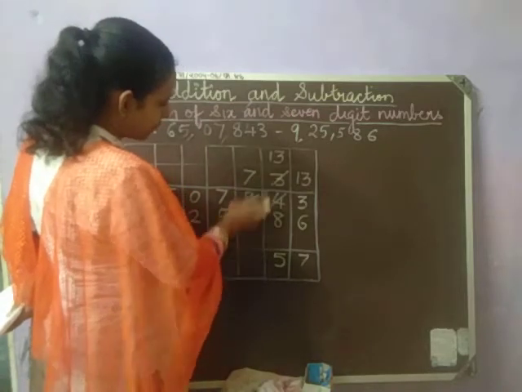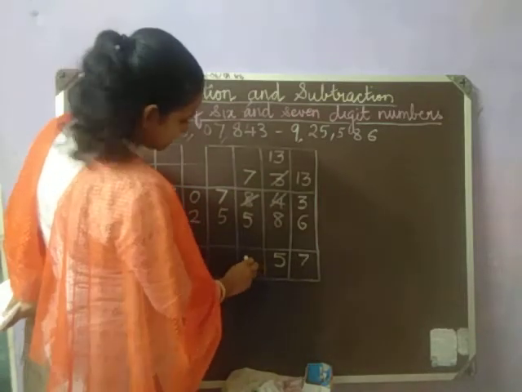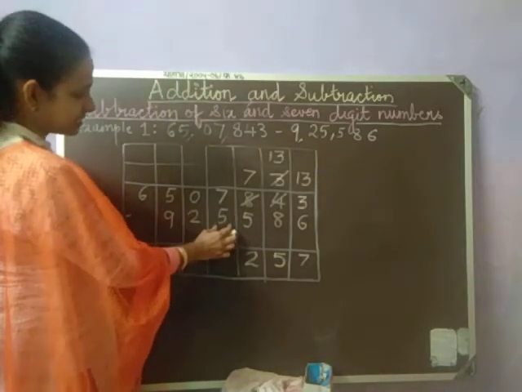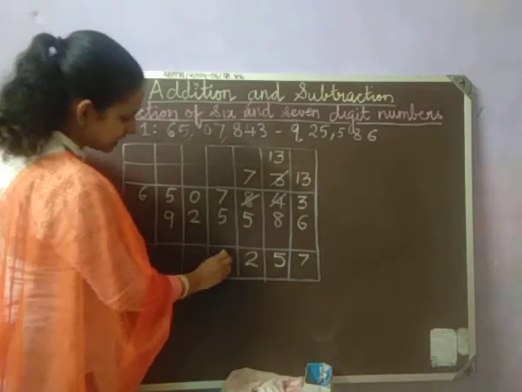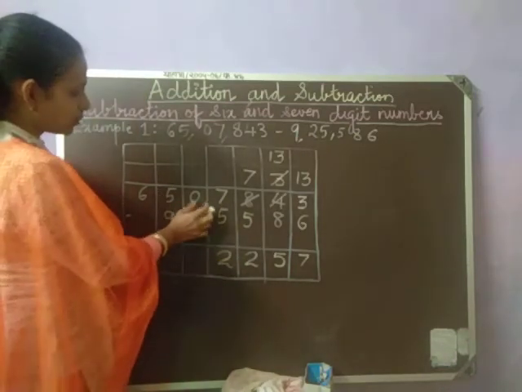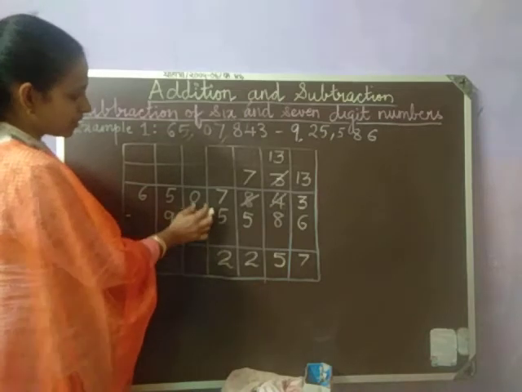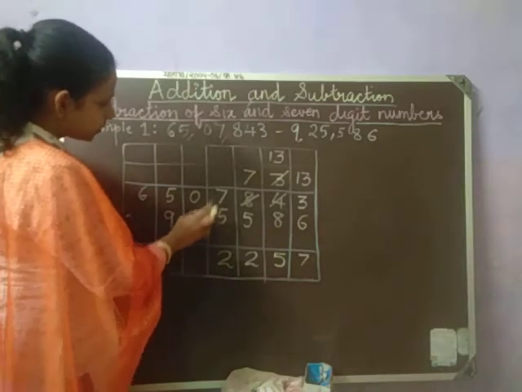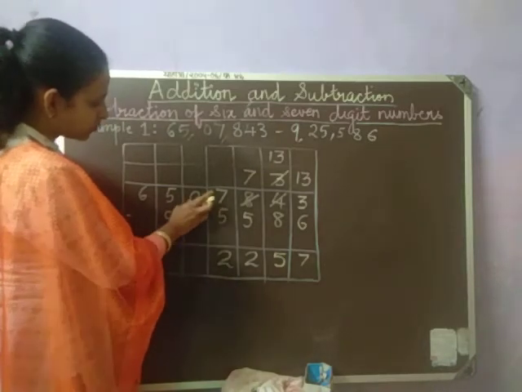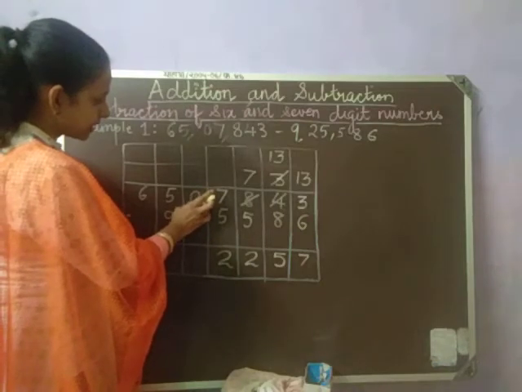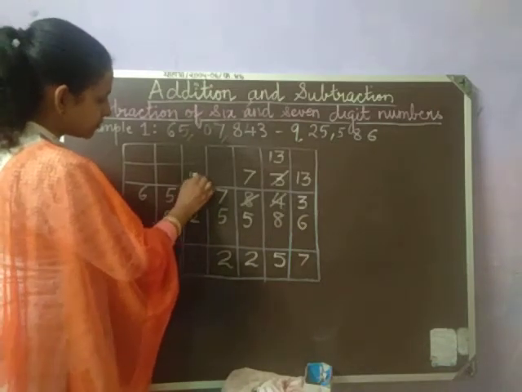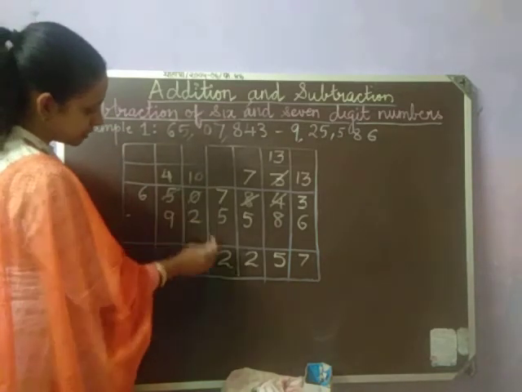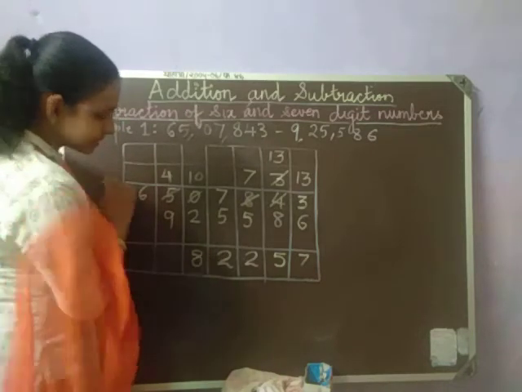So when we subtract 5 from 7, what is the answer we are getting? It is nothing but equal to 2. Fine. Now again we have over here 7 minus 5. So 7 minus 5 is again equal to 2. Now if you can see over here, this is 0 and this is 2. So we cannot subtract 2 from 0 because 0 is a smaller number as compared to 2. Fine. So we have to again borrow here one number, so that this becomes equal to 10. Once we borrow from here, this becomes equal to 4. Fine. So now 10 minus 2 is equal to, yes, you are right, it is 8.